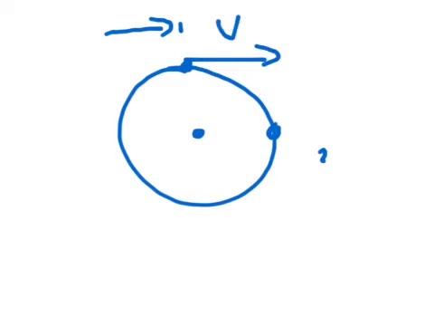A really good way to show that the change in velocity, or the acceleration, when you're dealing with circular motion is towards the center of the circle is by approaching it in the following way. If we look at something moving around a circle and it's in two separate positions after a period of time, we look at the initial velocity and the final velocity, and we do a vector calculation